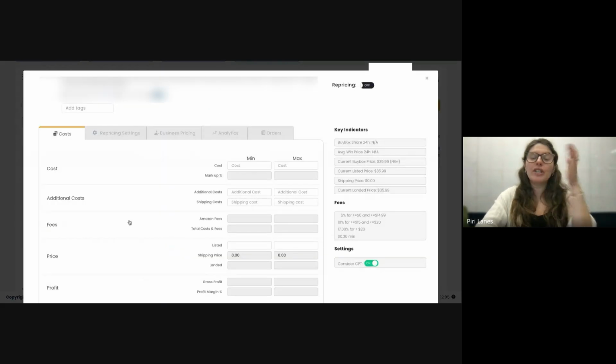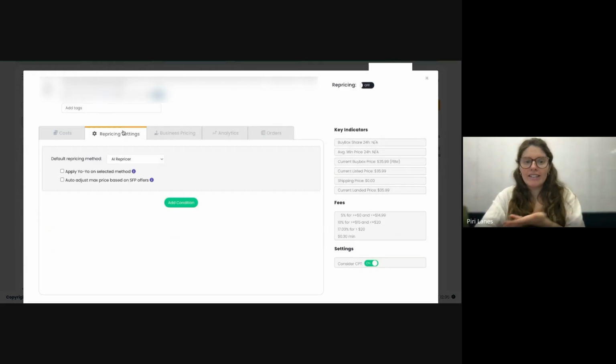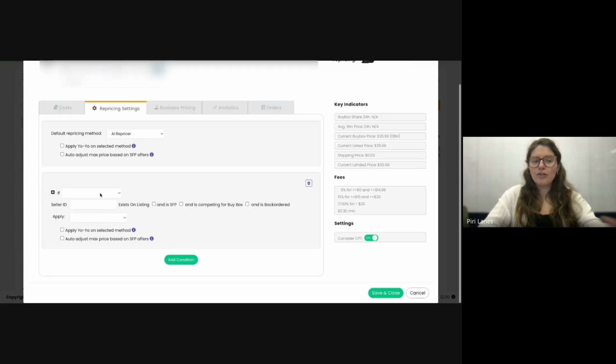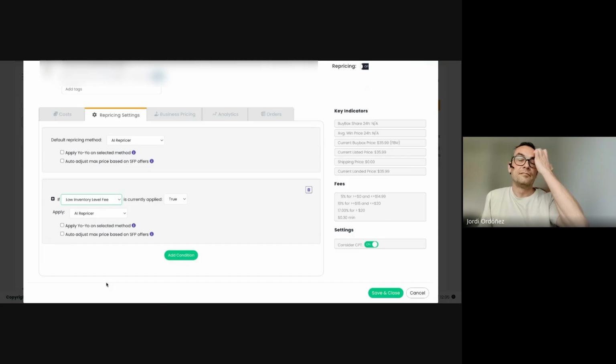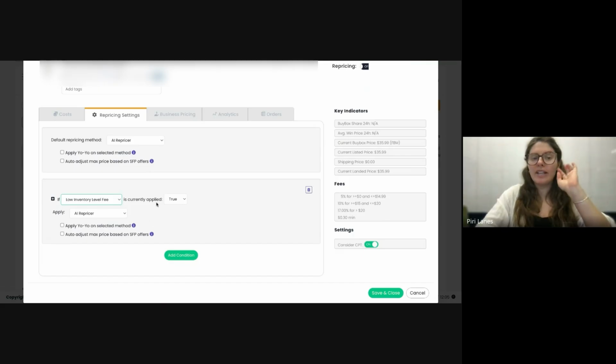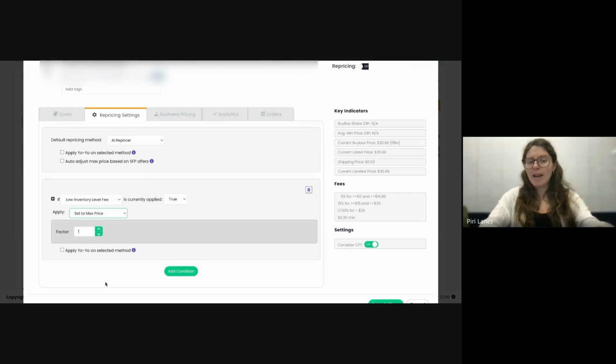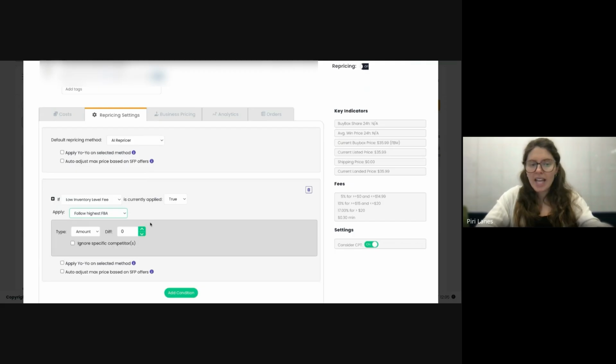One of the main things that sellers can add, which is really important, that a lot of sellers are getting dinged with right now, is the low inventory fee. So SellerSnap actually created a condition so you're not just automatically always going to go to max price, but if the low inventory level fee is currently being applied, you can tell the system to do a variety of things. Set to max price is typically what we recommend, or follow highest competitor, or something like that. We can say follow highest FBA or whatever. But the idea behind it is that